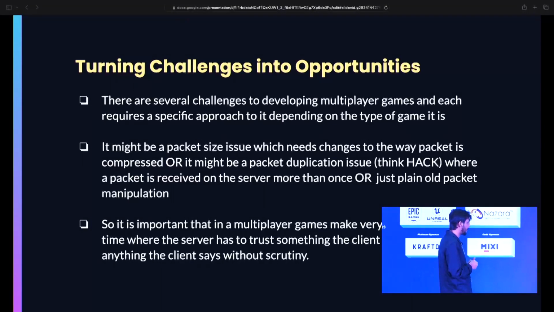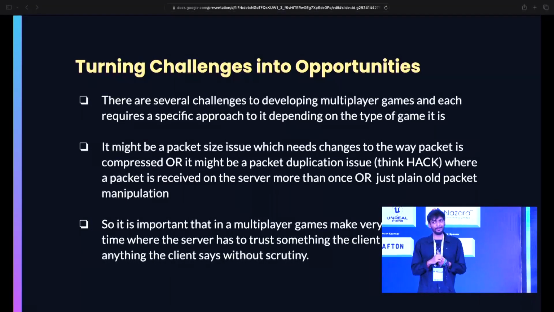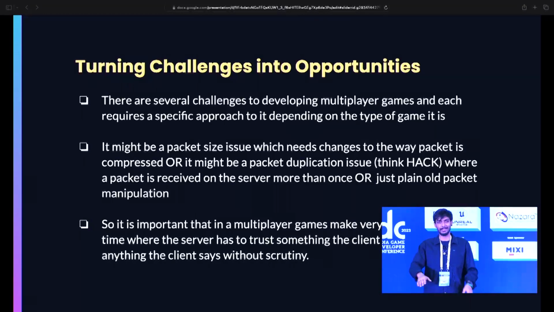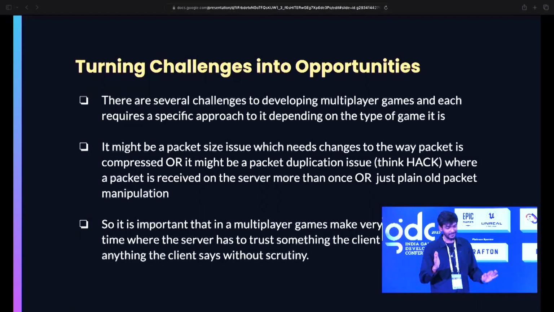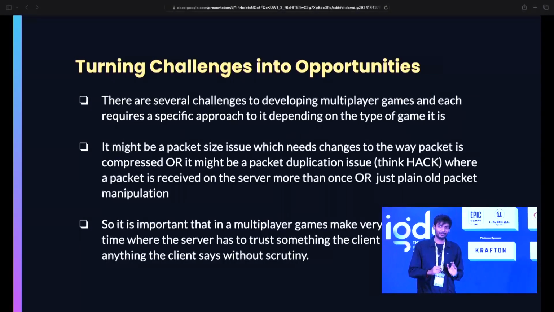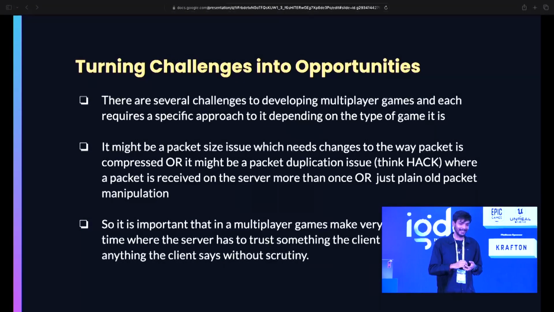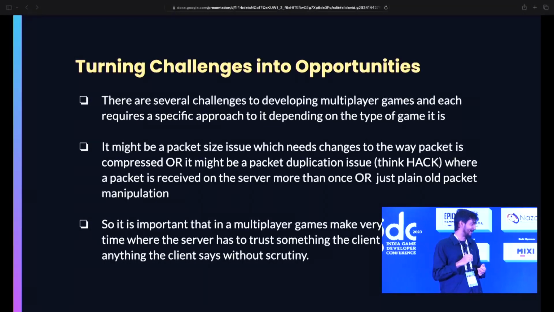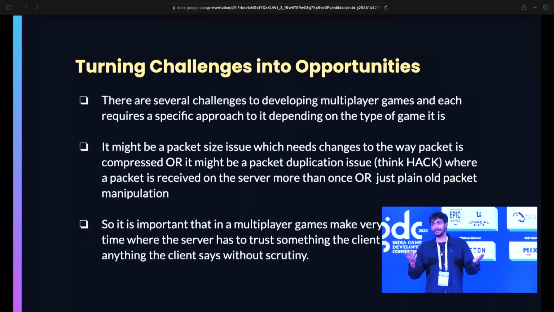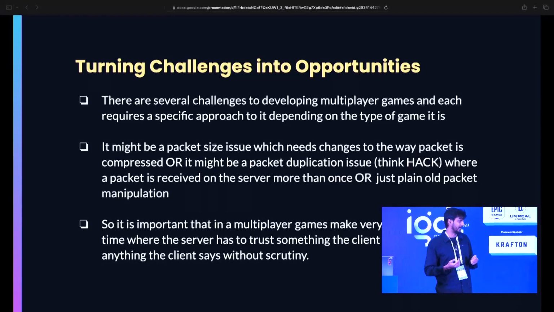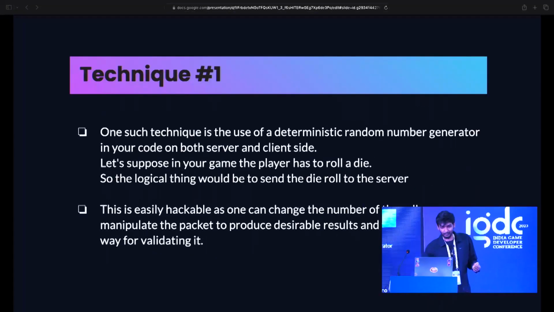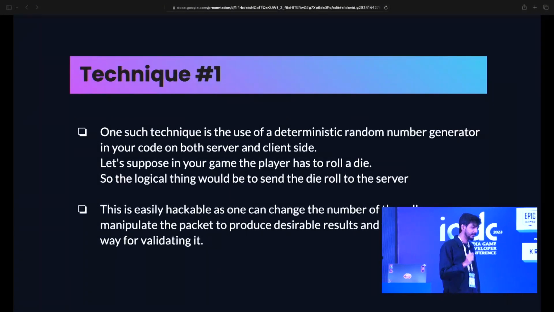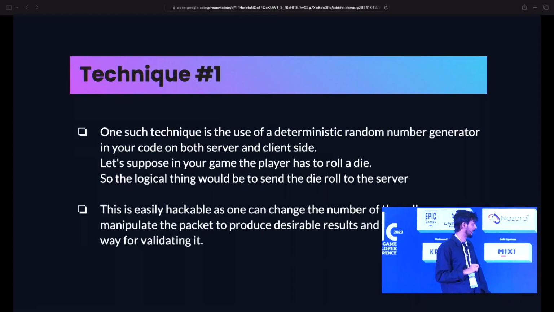So the server should never accept anything that the client says. Like, do not take it just like, oh, I like it. You should never do that. You always validate, double check, triple check all sorts of packets and the data that you get from the clients. So to deal with that, one technique that you may use